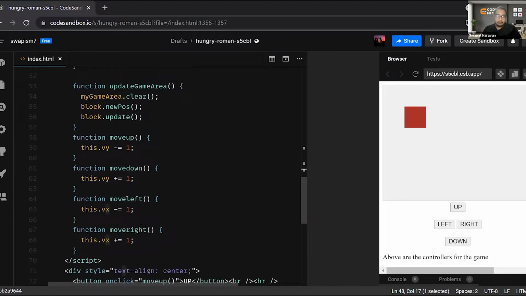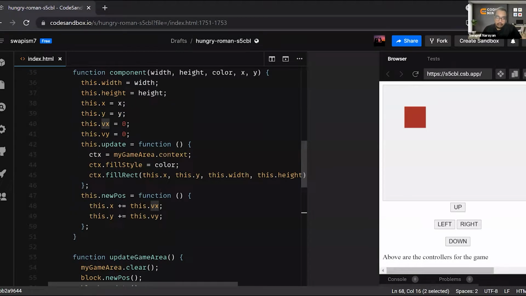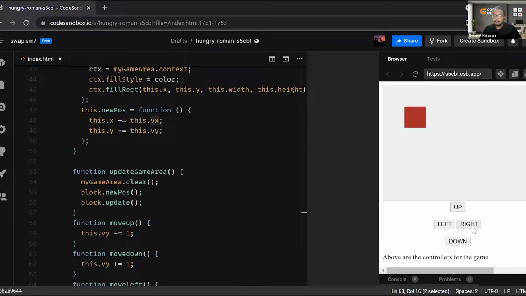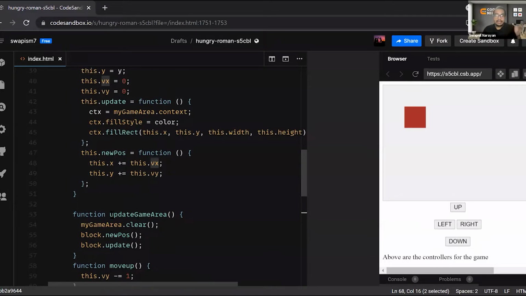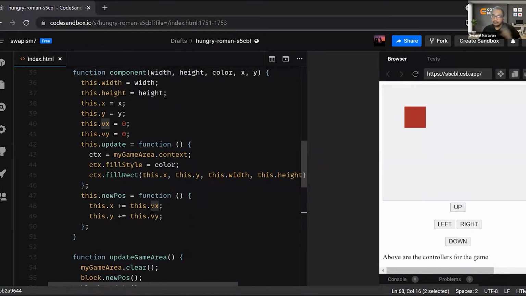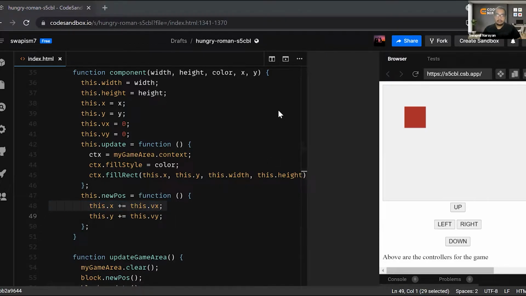then what is move right doing? Move right is incrementing vx by 1. So x is on the other hand getting incremented by 1. Fine. So this is how it is working. If I click on the right 2 times, then this dot bx will be incremented by 2. This dot bx plus 1 and then plus 1. And the x position will be incremented by 2. So that is what we are doing over here. We are changing the x and y coordinates. Okay. Yeah, fine. Any doubt? Okay, great.